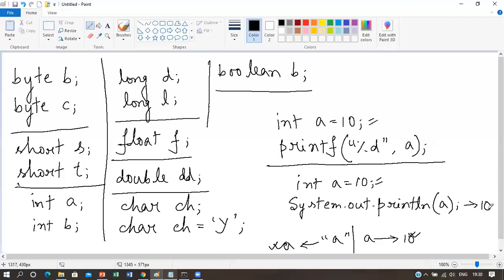Now suppose you want to display it like "the value of the variable a is 10". If you want to do it, then you can do it like this. I'm writing it here.